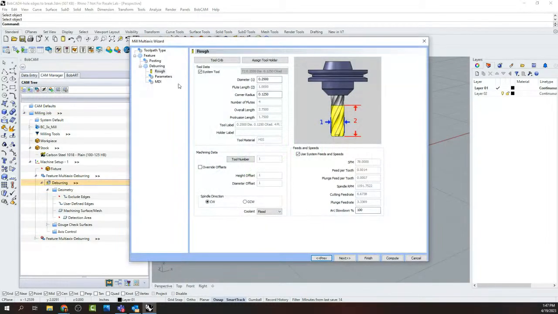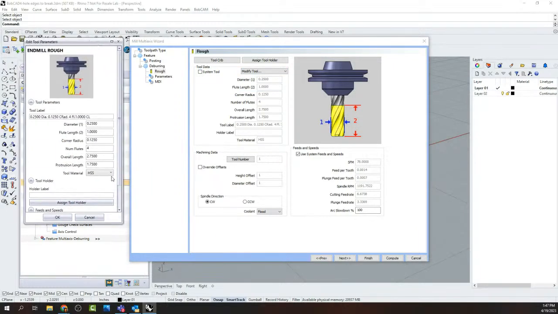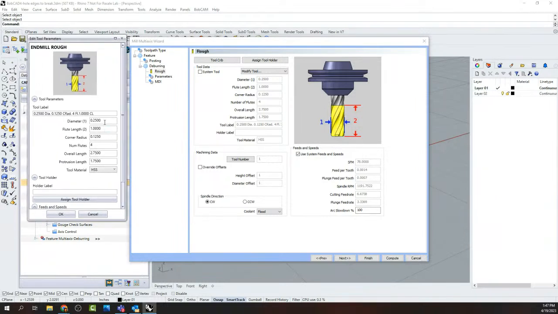Okay. So if we come in here and we want to edit our tool, this is different than previous versions. If you're new to Bobcat, it doesn't matter. If you're a previous user who ran older versions, we've made some changes here. We definitely would uncheck System Tool, and we're going to go to Modify Tool. Okay, this window will pop up now when we want to modify our tools. And so what we're going to adjust is our flute length here. So quarter inch flute length,